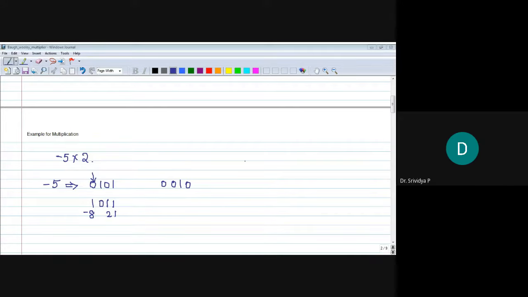So let me go to the multiplication part of these two numbers. Minus 5 into 2, whose binary equivalent is 1011 multiplied with 0, 0, 1 and 0. Let's start the multiplication. First, when we multiply with the LSB bit, it becomes 0, 0, 0 and 0.